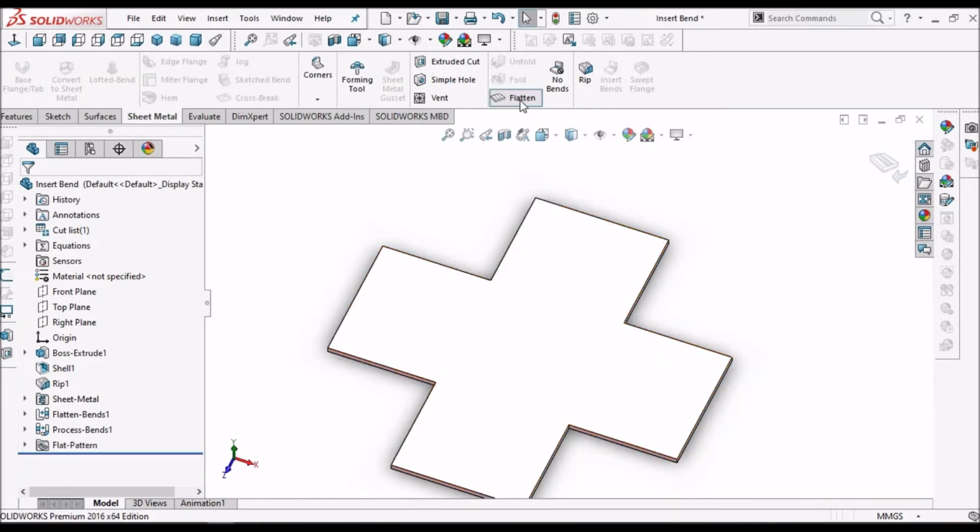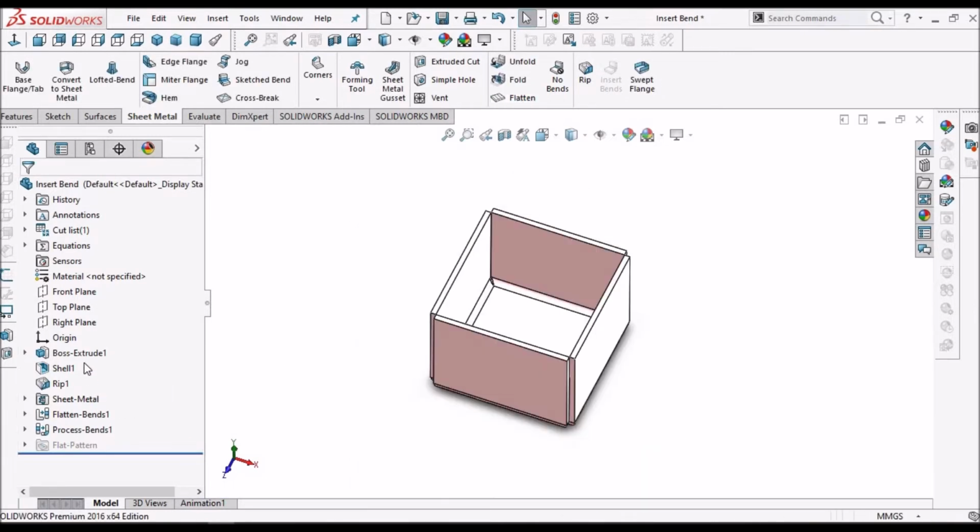So this is how it converts. See here we can see the features. The initial 3 features are in solid modeling, and when insert bend is applied, automatically it converts to sheet metal component. So this is third method.